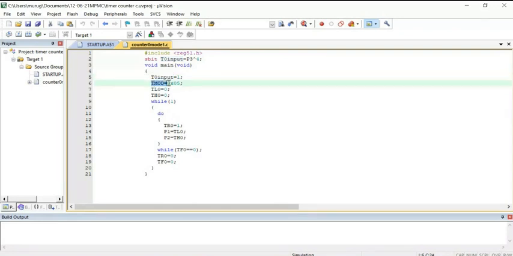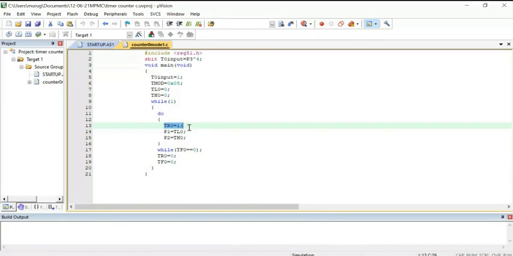Okay, so TMOD equal to hexadecimal 05, which configures timer 0 as counter 0 mode 1 operation. Mode 1 is a 16-bit timer, so TL0 and TH0 are both initially defined as 00. Next, start your timer.